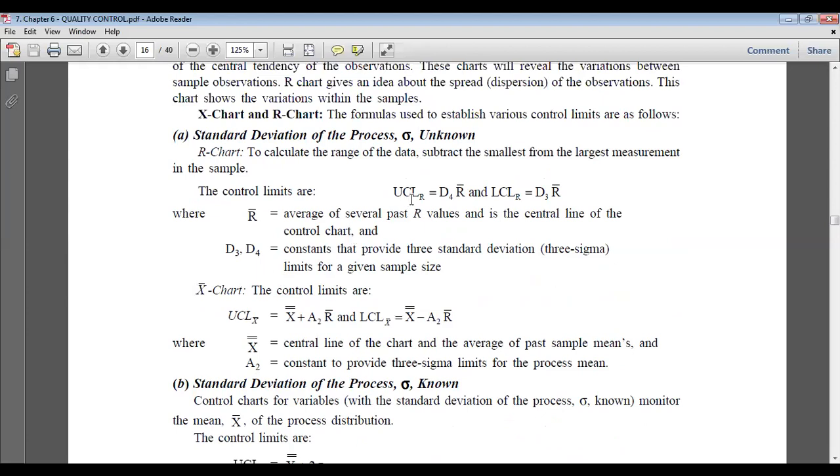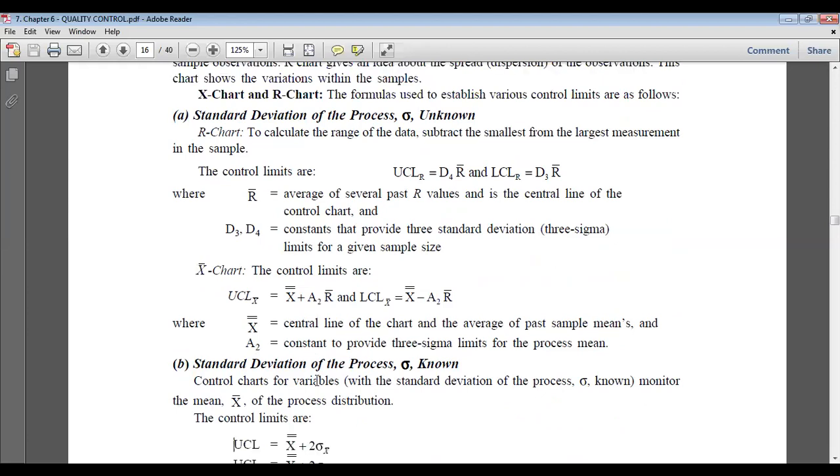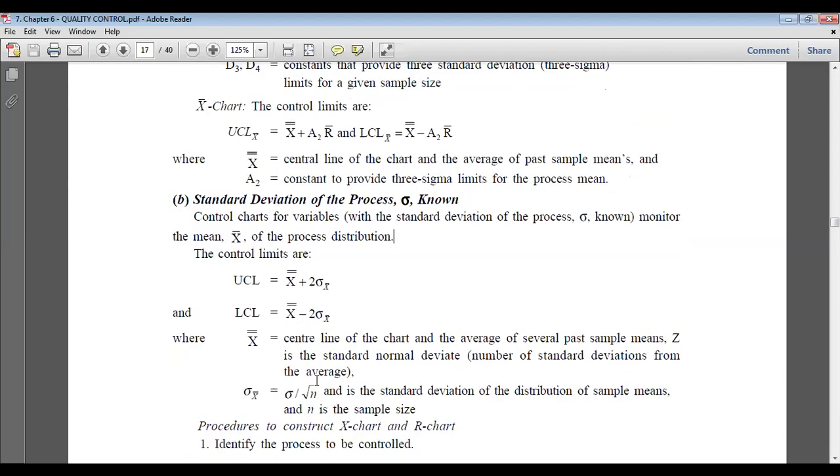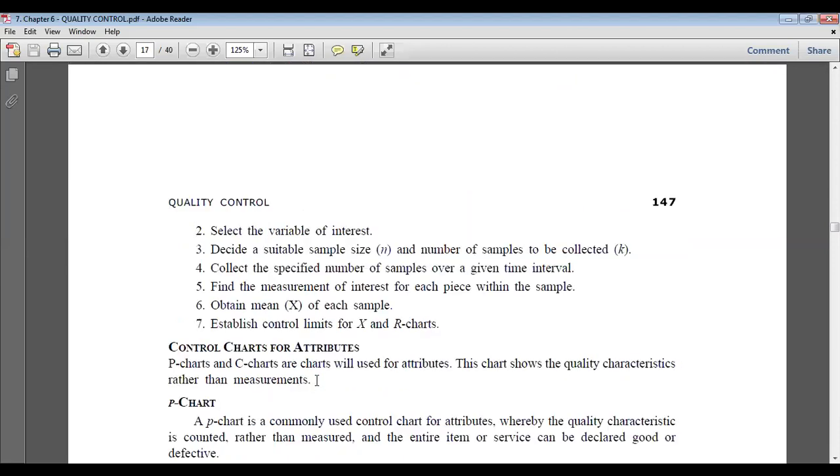For the bar X and R chart, we have again calculated the standard deviation. Now substituting these values, we will find the bar X and R chart values, and sigma is calculated. So we will find all these values. When we come to solve the example, first we must understand the procedure of drawing control charts. After that, we'll draw control charts, and we'll take it by examples.